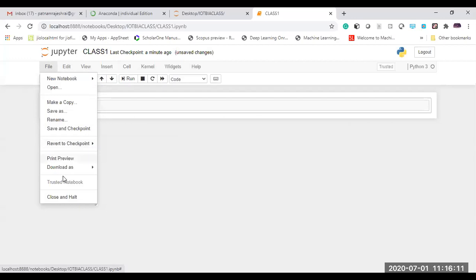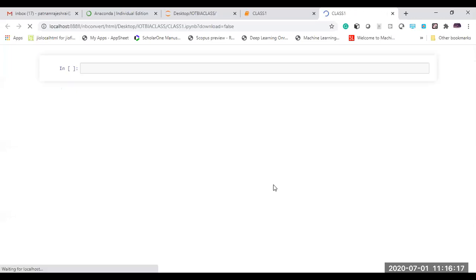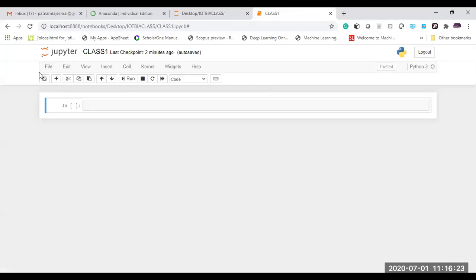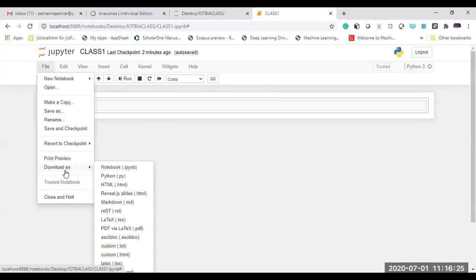Print preview means you can see a preview option of the code you have written as a program. And download: if you want to download the respective files, what you have written in the programming way or the syntaxes, it can be downloaded with all these extensions.